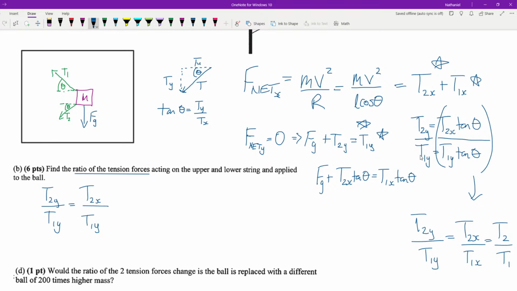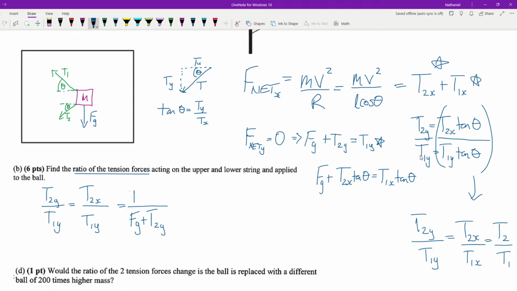T1y, and for that we're going to use this. Okay, so let's do it. Here we already have one kind of ready to go. So this is going to be FG plus T2y all over, well, T2x. Let's actually maybe turn that into something with T2y,